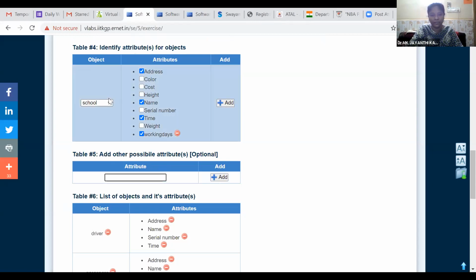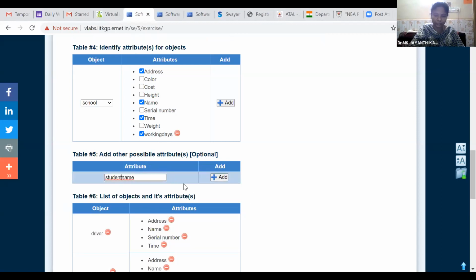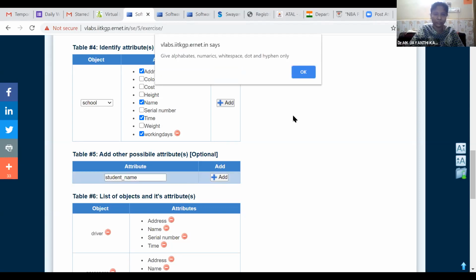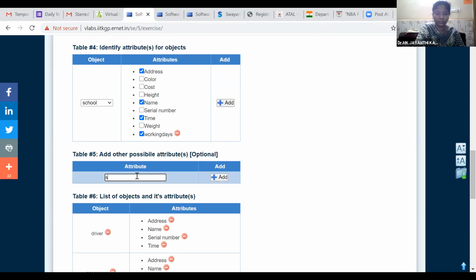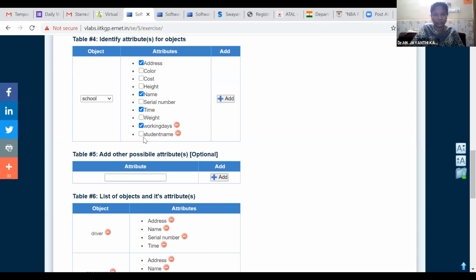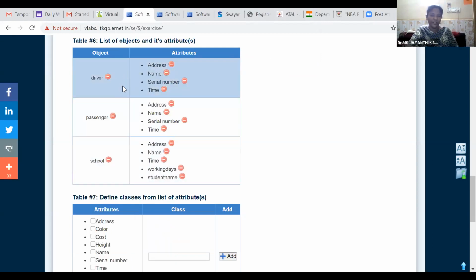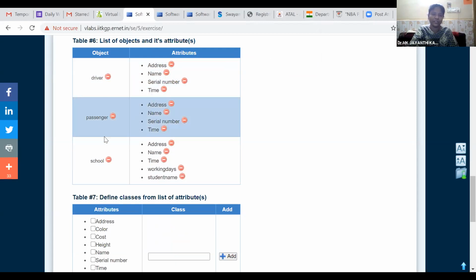So these are the things we added with school, school name, school ID. Student name associated with the school. So all the attributes we added for school. We identified the various objects: driver is an object, passenger can be an object, school.